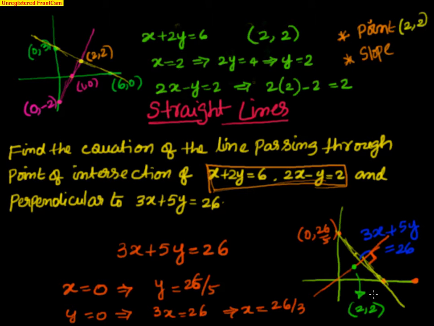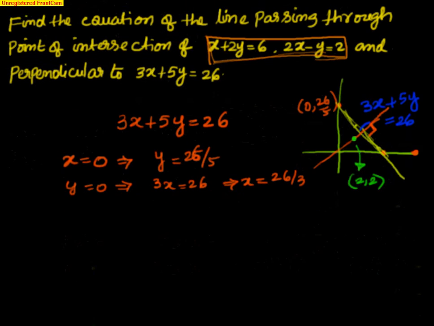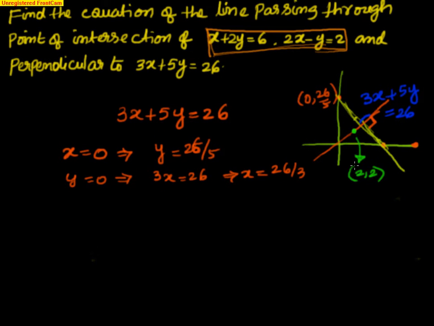I think you are pretty clear now, right? What we have to do? Now we have simplified the problem such that we have a point and also we know that it's perpendicular to this. Now we can do this in two ways. I'll do it in both the ways so that it's easy for you. We can do it actually in three ways. At the end the method is the same, but the way you are doing it is different. It's nothing but saying the same thing in different ways.